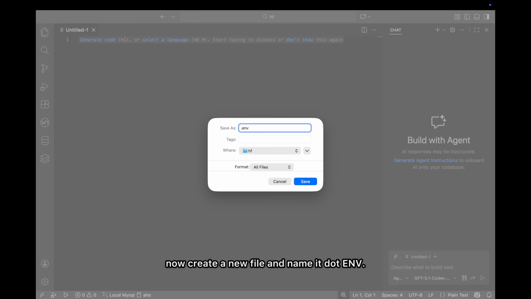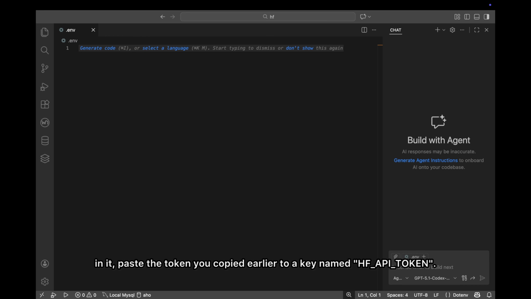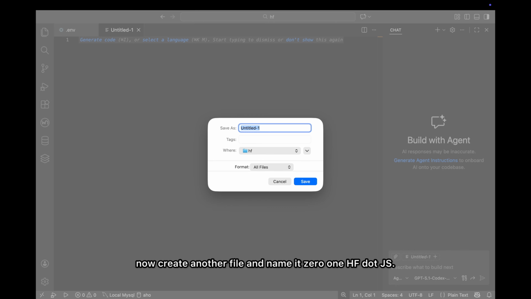Now create a new file and name it .env. In it, paste the token you copied earlier to a key named HF_API_TOKEN. Now create another file and name it